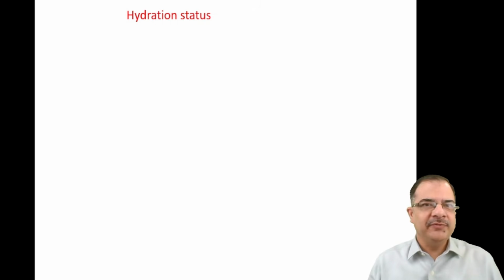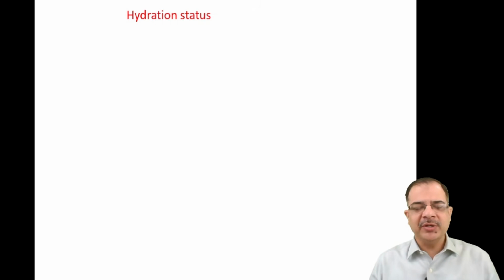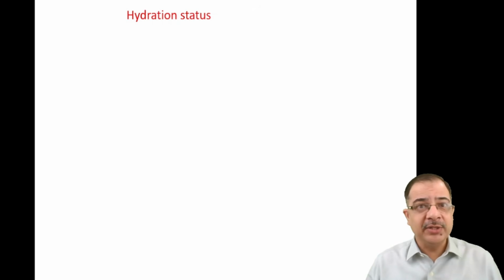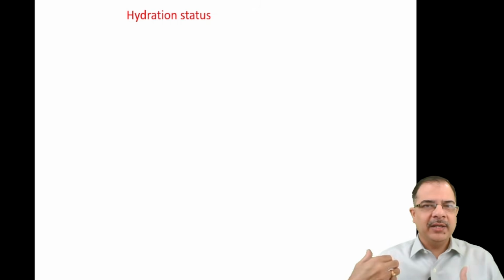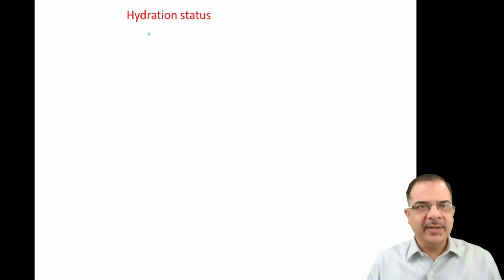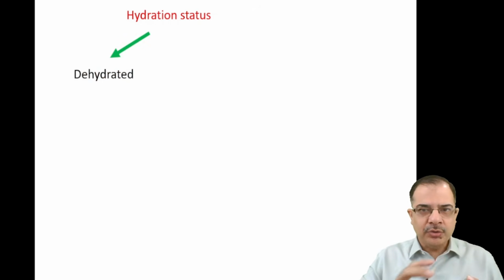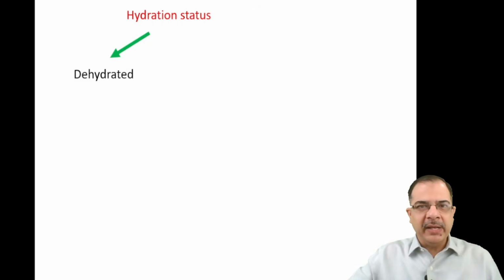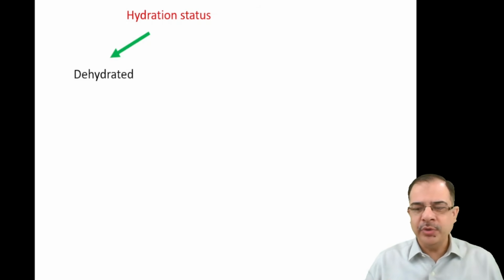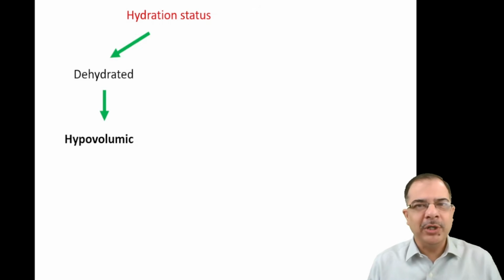The most important thing is to look at the hydration status of the patient. If the patient comes to us in our ward, emergency or OPD, just look at the hydration status: see the tongue, see the axilla. If the axilla is dry and the tongue is dry, that means the patient is dehydrated. What happens in that case? There is a loss of water along with loss of sodium from the body. Both are lost from the body, and that makes sodium low. There will be more electrolyte loss than water loss. If there is more sodium loss, that will make hypovolemic hyponatremia. In that case, it is very easy to recognize.